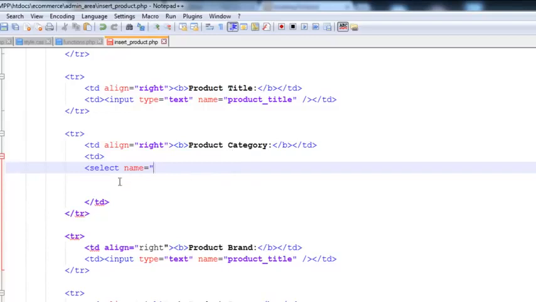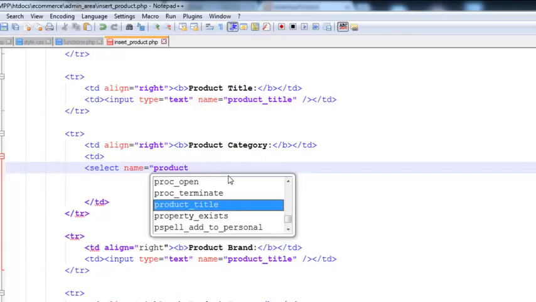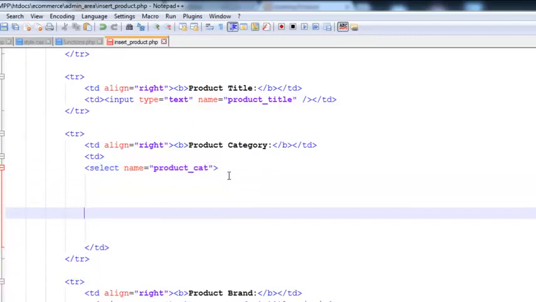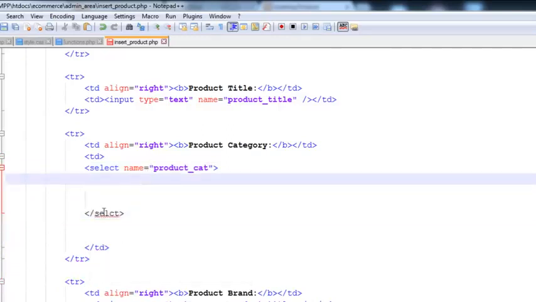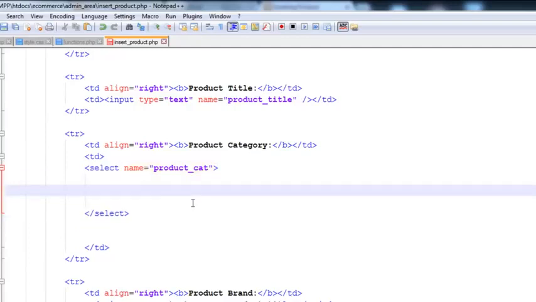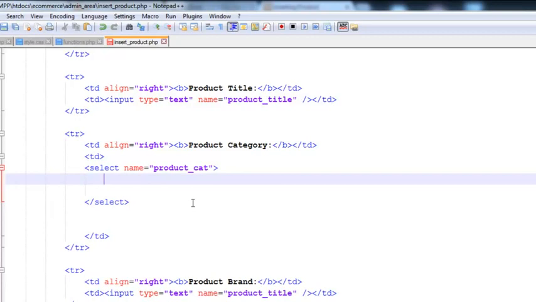So the select name will be product_cat. That's simple. And select will be closed. The select tag actually makes a list of things, which you can add using option tags, option start, option close,